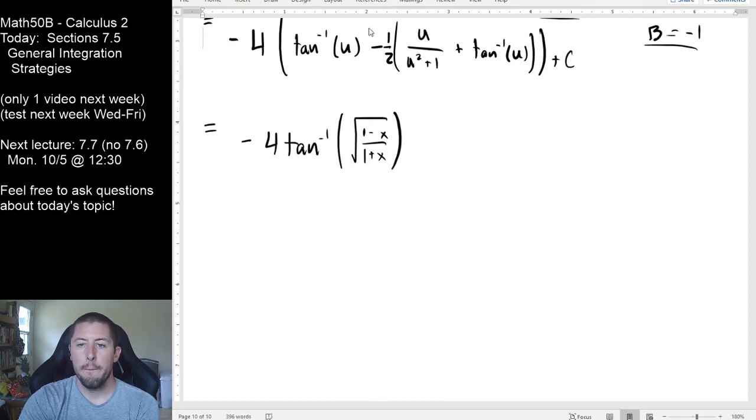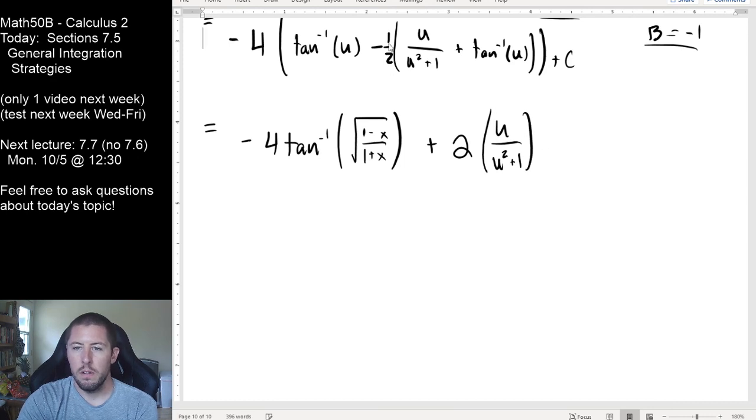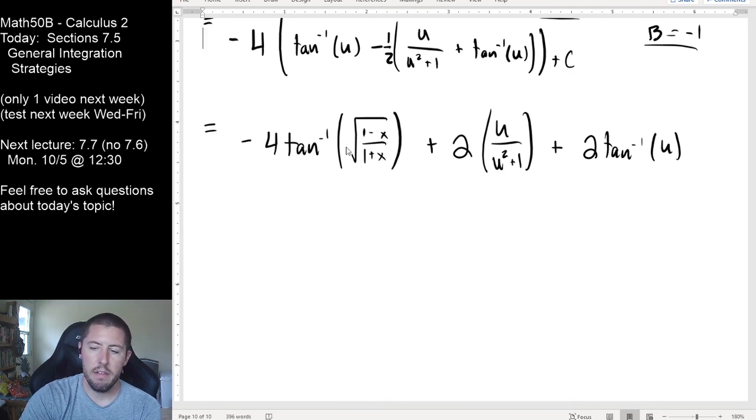Now we've got a plus 2 copies of u over u squared plus 1, plus 2, and again, 4 copies, but only half of that is another 2 copies of tan inverse. So I'm mixing my variables a little bit right here. What you can see is negative 4 tan inverses of it plus 2 tan inverses of it is going to leave us with negative 2 tan inverse of our gross expression